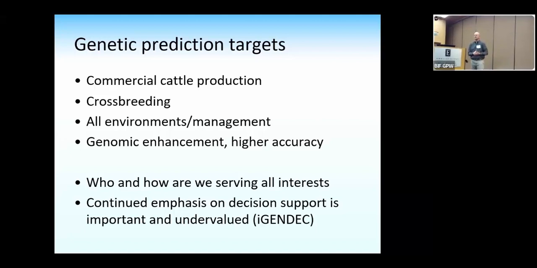We need to continue to emphasize what we're doing, and part of this is really to supplement the decisions we need to be making for where our commercial cattle system is going. I put agenda there, and that's the beginning step. Some of this we need to do is a great beginning step, but we need to keep doing better than this for predicting what our progeny performance might be or helping with managing decisions in the future.